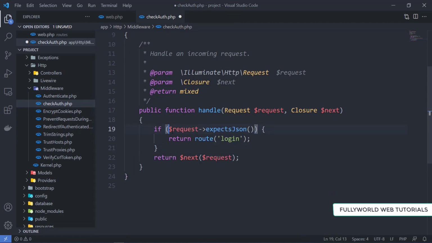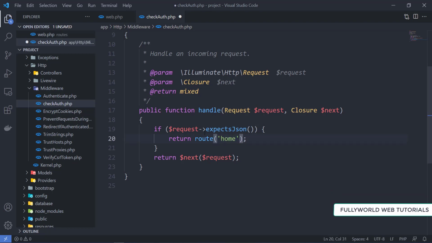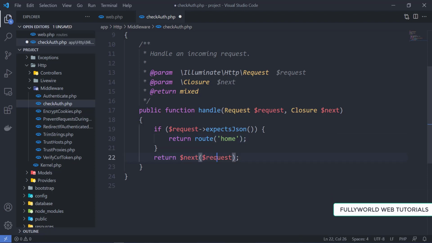Instead of not, we are getting this here. Then we are returning to the home page. This means that if we are getting any JSON data from the request, then we will return to the home page, else we are going to proceed with the request.